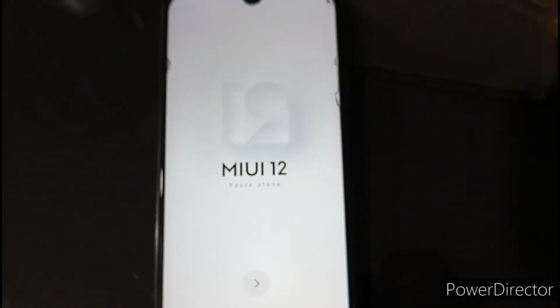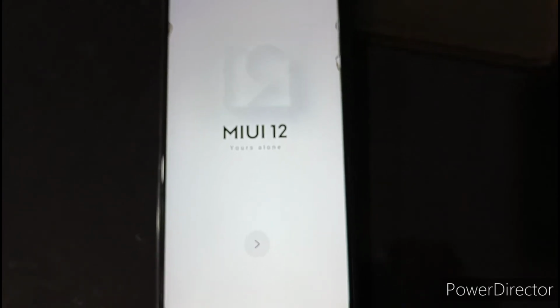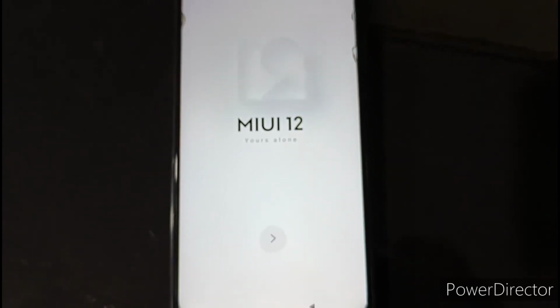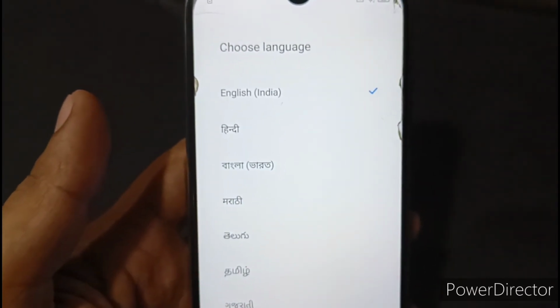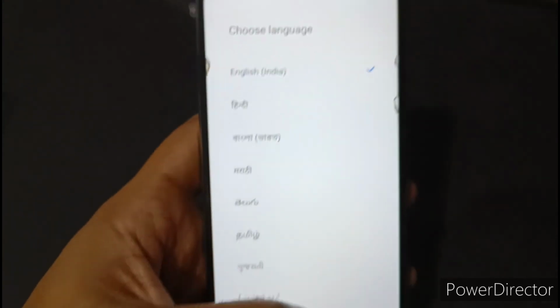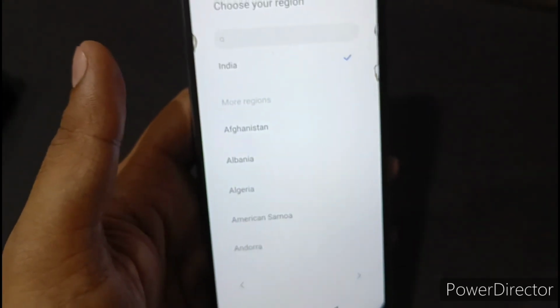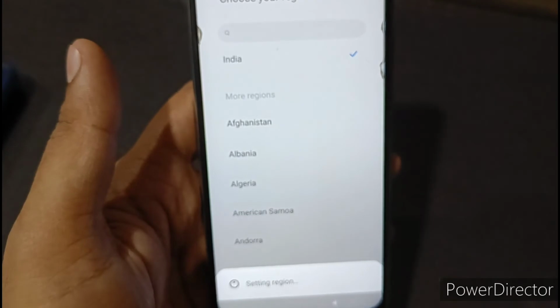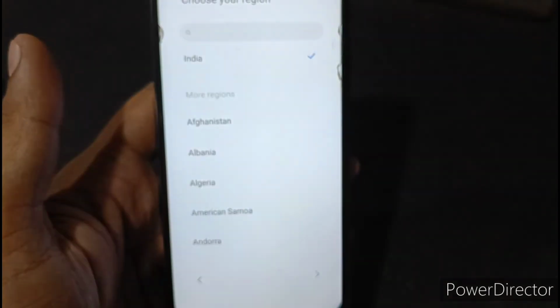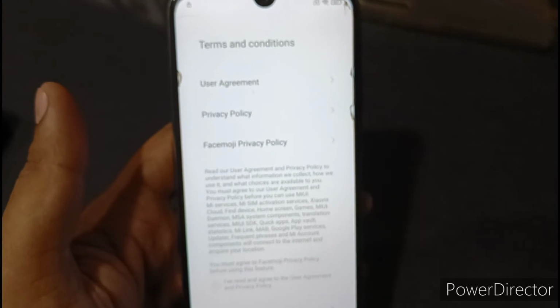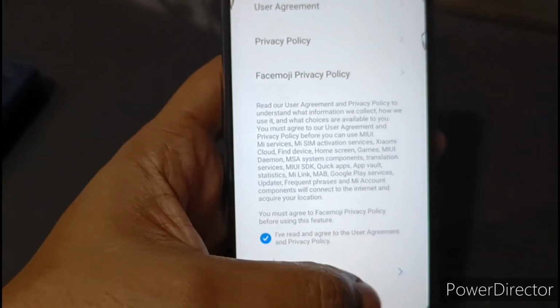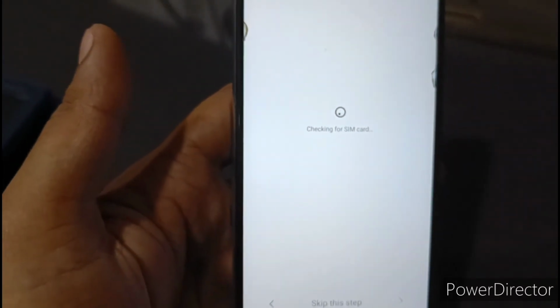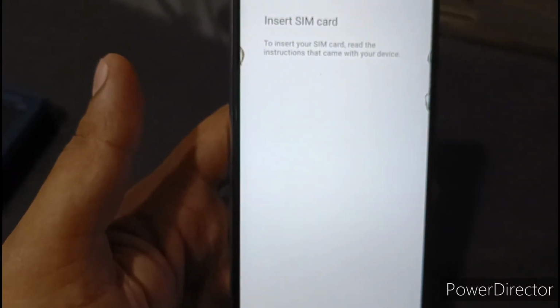Now my phone is open, and you have to set it up as a new phone. Okay, first choose your language, English, then India. Terms and conditions. Because there is no SIM card, it asks to insert a SIM card.